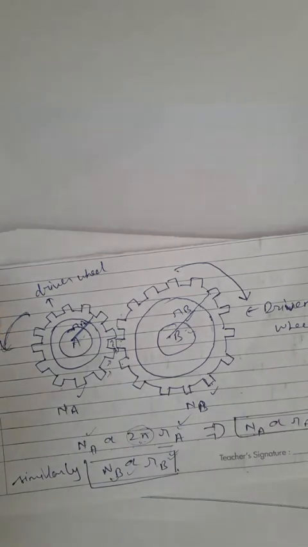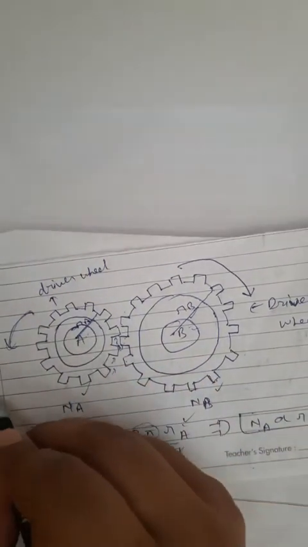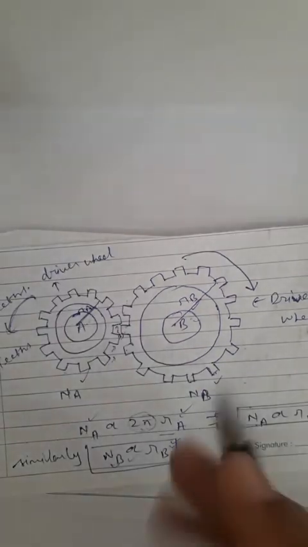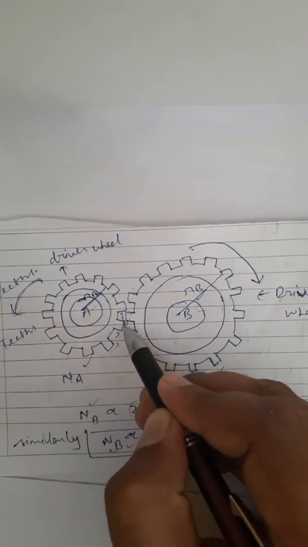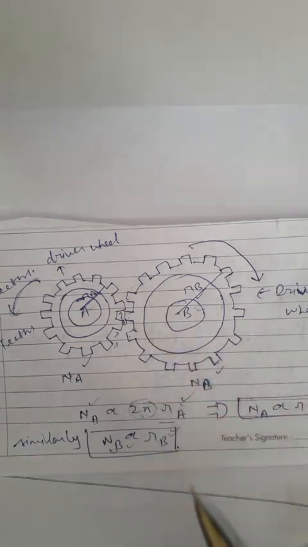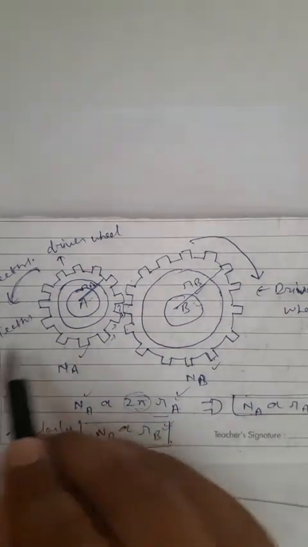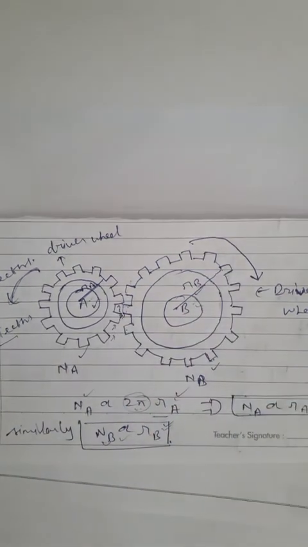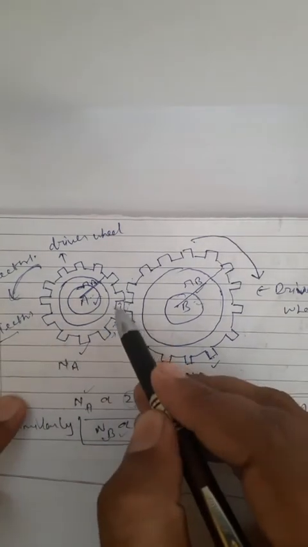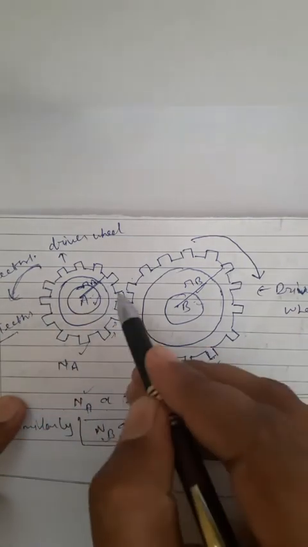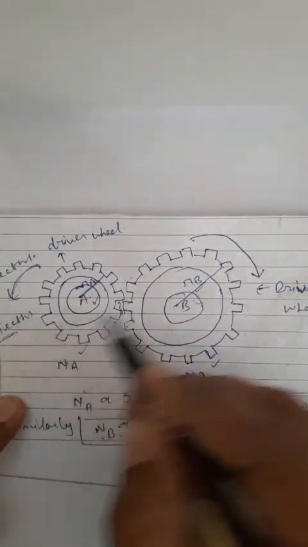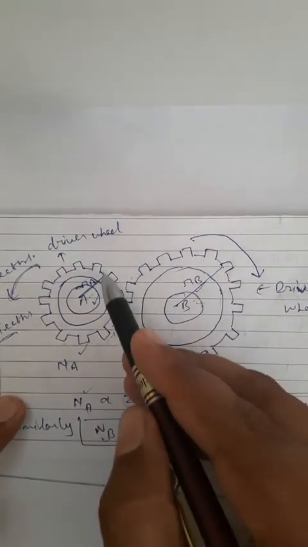Now next we will talk about the rotation of gear A and gear B. अब मैं मान के चल रहा हूँ कि गियर ए में हमारे 100 टीथ्स हैं and gear B में 200 टीथ्स हैं. तो अभी जैसे कि मैंने बताया कि गियर ए का एक टीथ गियर बी के एक टीथ पे फोर्स लगाएगा, वो उसे क्लॉकवाइज डायरेक्शन में मूव कराएगा. तो इसका मतलब ये हुआ since A has only 100 teeth, 100 teeth of gear A will drive 100 teeth of gear B. Now you can see that since A has only 100 teeth, when 100 teeth of gear A apply the force on the 100 teeth of gear B, A will complete one revolution.